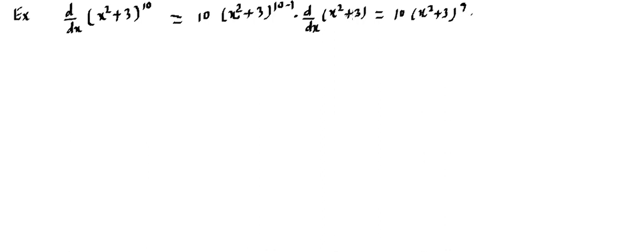and the differentiation of this we have already talked about. So here again several rules have to be applied. First you will take inside, then differentiation of x square will become twice x, and constant will lead to 0. So that becomes your answer. The final answer can also be written this way. Further simplification, 2 and 10 get multiplied to 20x, and x square plus 3 raised to power 9. So that will become your final answer. Let's take one more example to understand this chain rule much better.